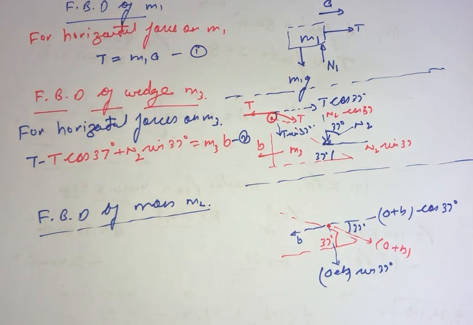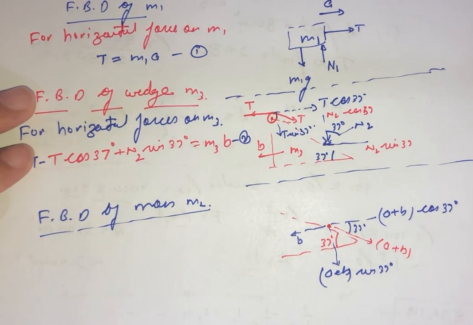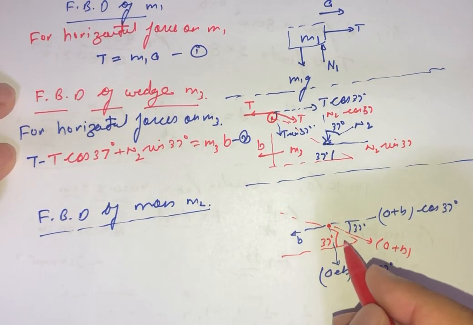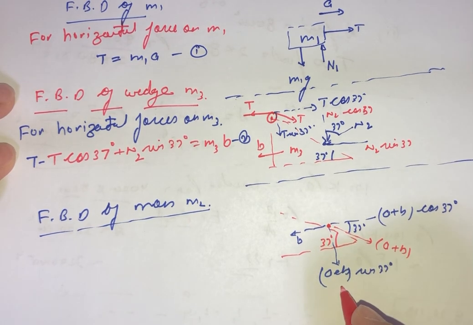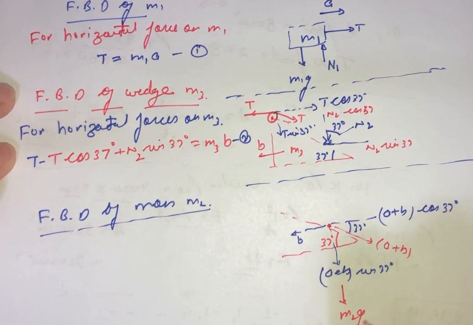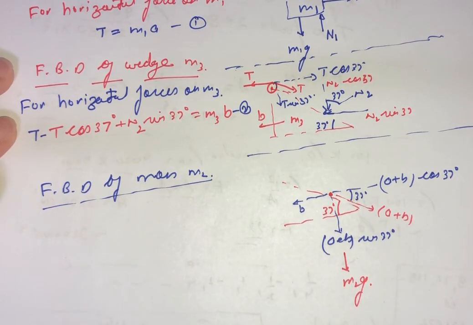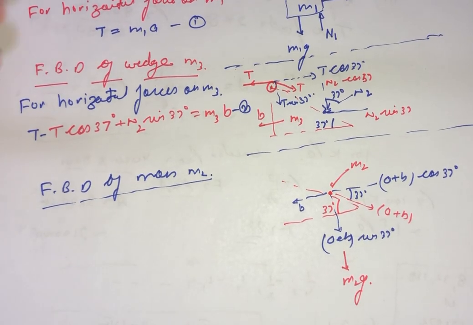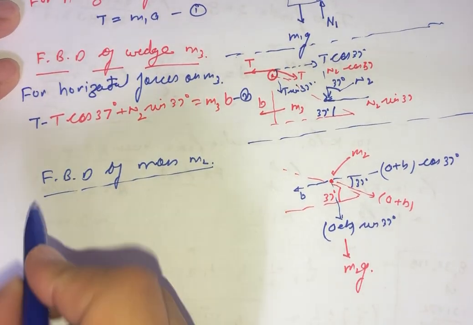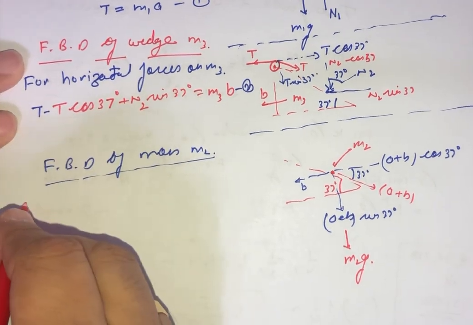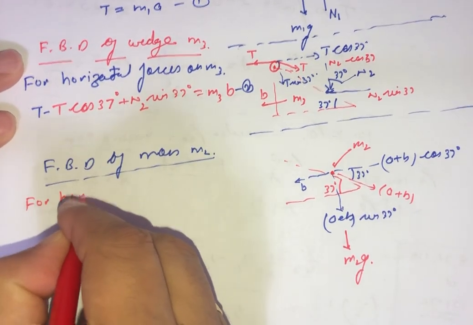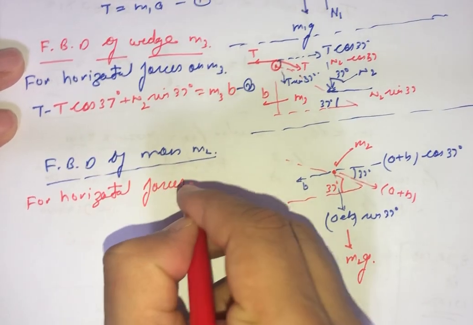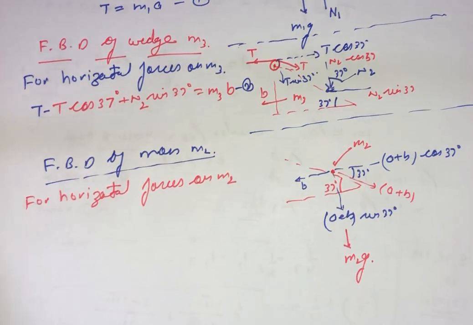Okay, so we can write the horizontal forces on M2, and it will be also having M2G in the downward direction, and this is our M2. So we can say for horizontal forces on M2,